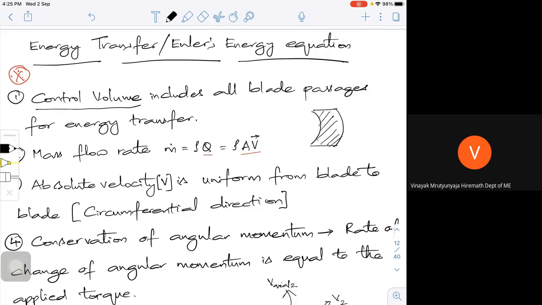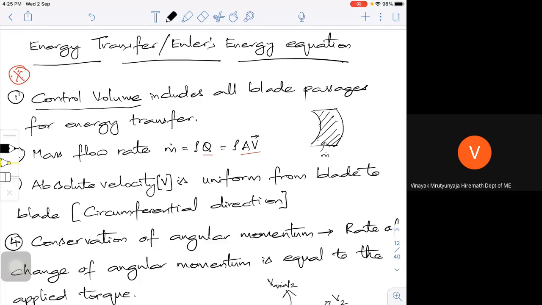When the fluid is flowing, I speak of the mass flow rate, because all the fluids I am trying to deal with in a turbomachine are real in nature. They will have a certain amount of viscosity, and there will be a little bit of density change. If it is an incompressible fluid, the density remains almost constant, and discharge becomes significant for me. Otherwise, if it is a compressible fluid, then I get the mass flow rate.